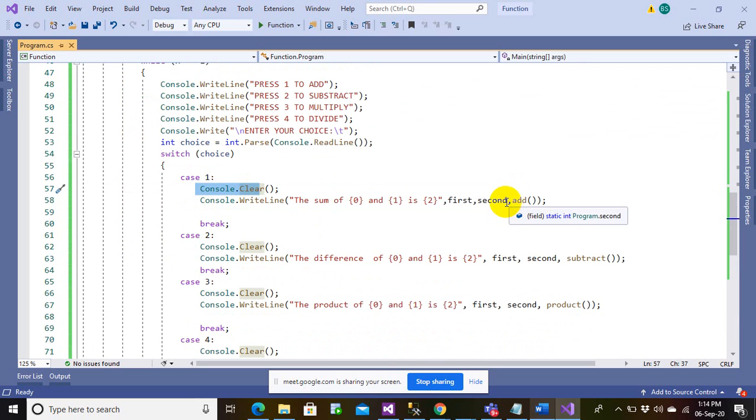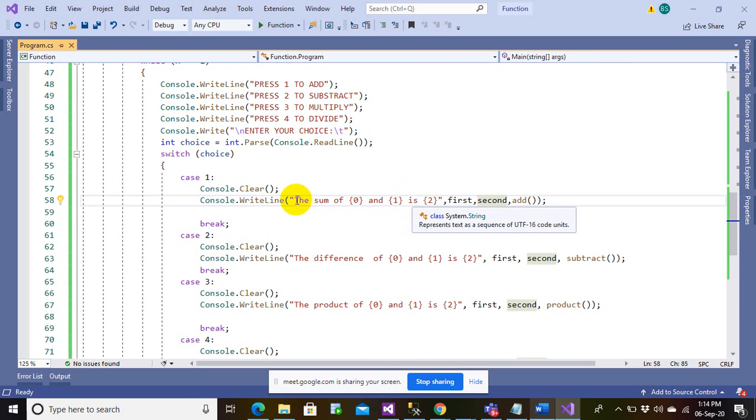Alright, now everyone, I understood why this is happening. The sum of 0 and 1 is 2 because this function is called later on. First is called, then second is called, then this function is being called. That's why we are getting it. If we had called this earlier, obviously there would be no issue.